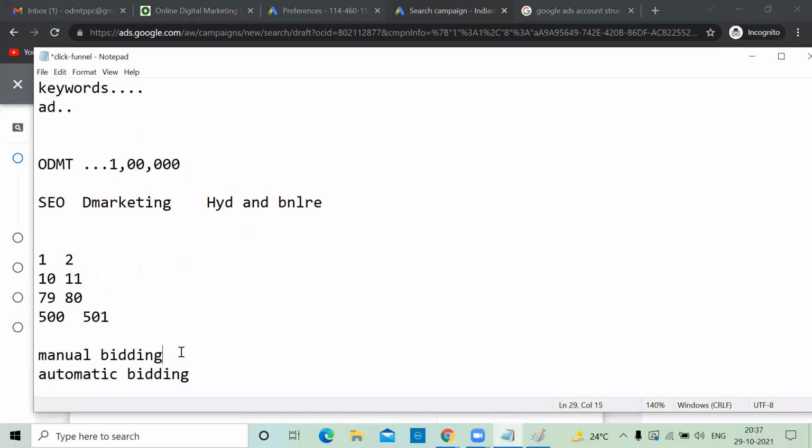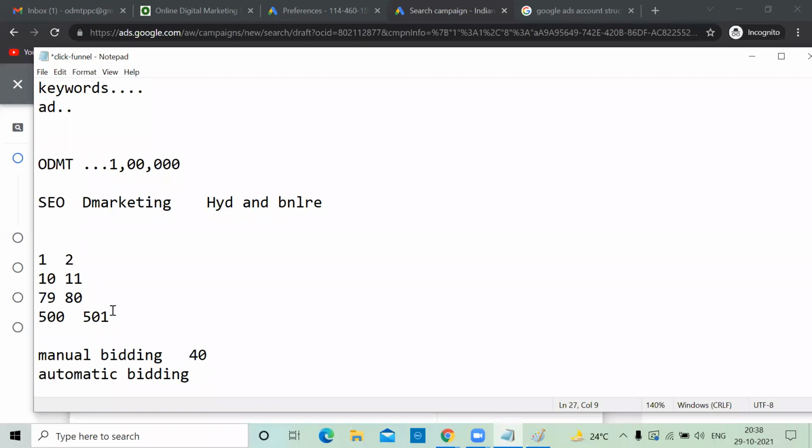Whereas in manual bidding, you can say that my CPC is 40 rupees per click. I want to pay only 40 rupees. You might be compromised on 3rd, 4th, 7th or 1st position. We don't know because we don't know the competitors' bidding. Whereas in automatic bidding, Google will bid on behalf of you. Google knows what your opposite person is bidding, so they always try to put you on top.